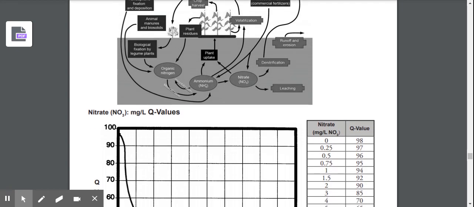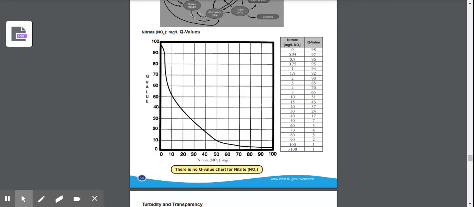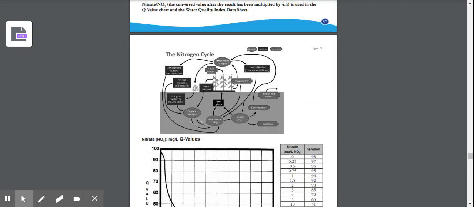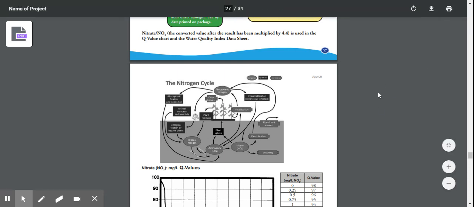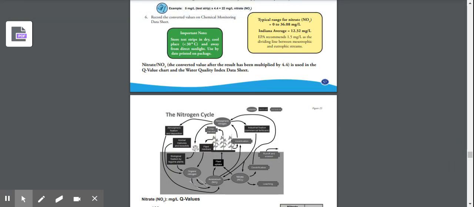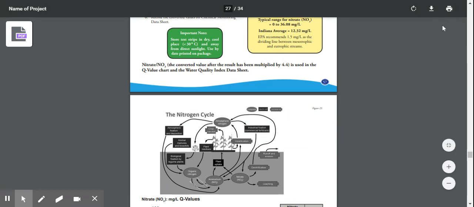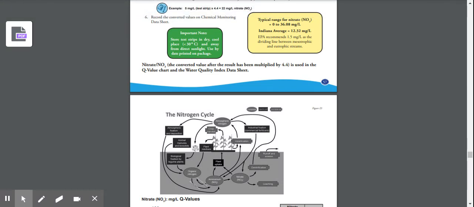Okay? So what you guys are going to need to do, I want in your groups, let's do this in the groups that we're working in. In the groups that you guys are working in, create a Google Doc with the data that you have. Bring your information together. And I want you guys to, in one paragraph, summarize for me, what does your data value that you collected indicate about the health of your stream specific to the data that you looked at? So specific to the chemical test you looked